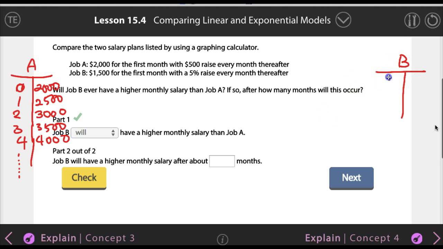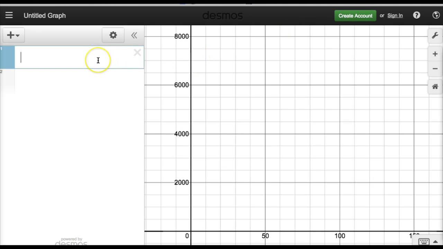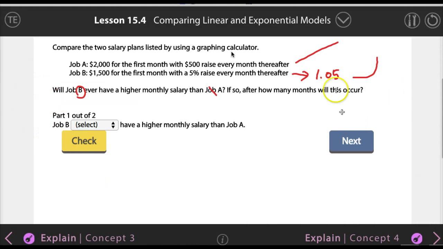For job B though, when you first start, that's 0, right? You're promised to be paid $1,500. After the first month though, you get a 5% raise. What that means is you have to multiply $1,500 by 1.05. And of course, for that, I need to use my calculator. So 1,500 times 1.05. And that's 1,575, okay? So I'm just going to go back and put the number,